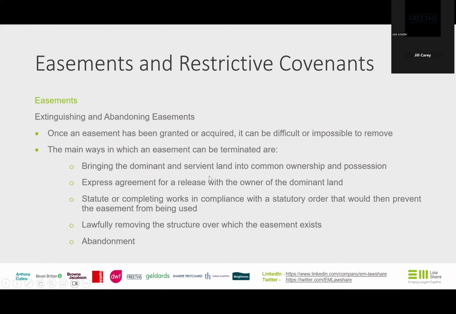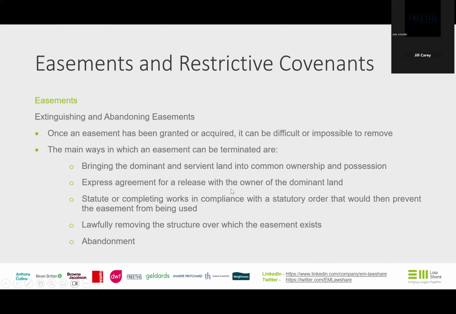To try and get rid of easements, for extinguishment or abandonment, once it's in place, it can be very difficult to shift. So obviously I caveat that by saying local authorities may have statutory rights. Other than that, though, the main ways in which you can terminate an easement, you could look at buying the dominant land so they come into common ownership, which would extinguish it, then you could sell it on. You could enter into an